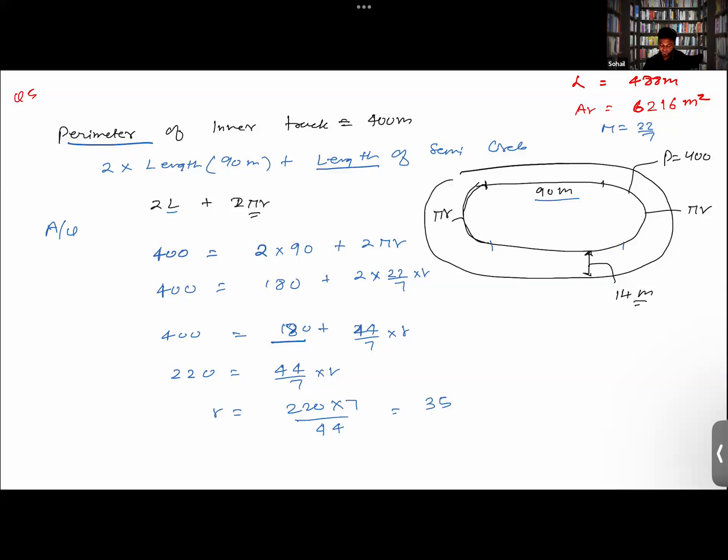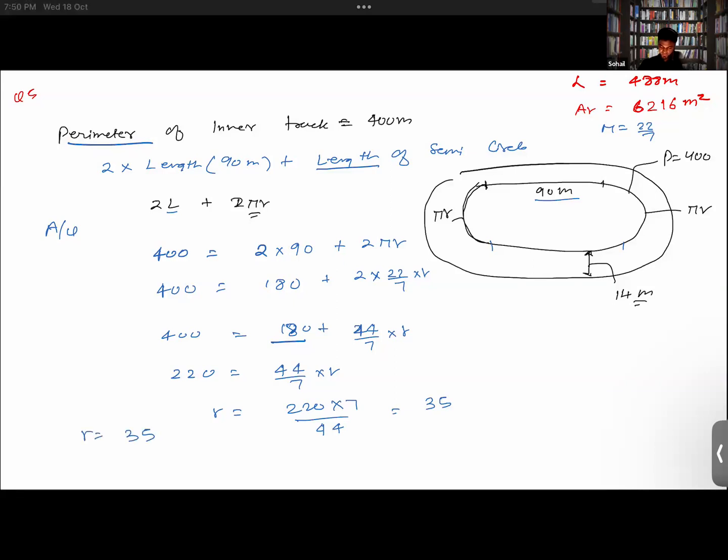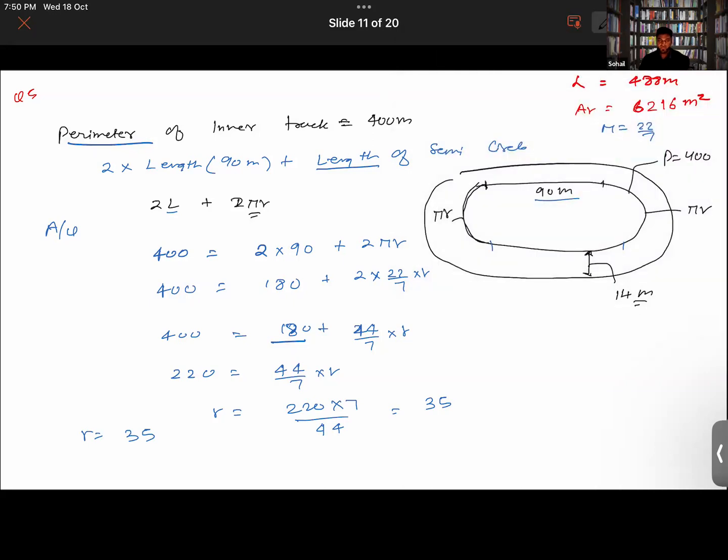So the radius is 35. The unit is in meter, no? Okay, so the radius is 35 meter. So the radius of the inner circle here, this one and this one, they are of 35 meter. Now let's calculate